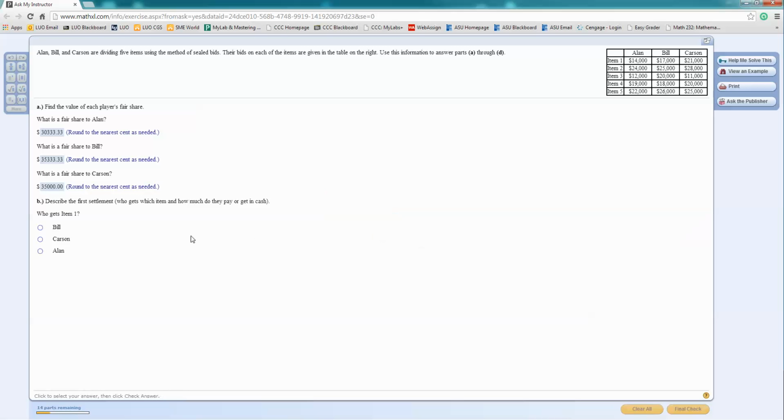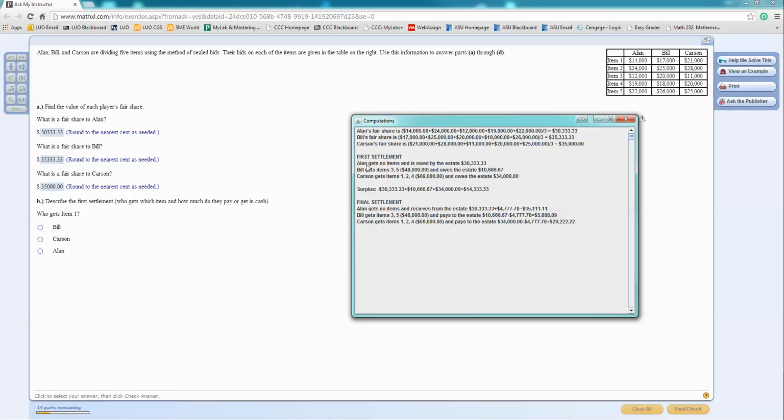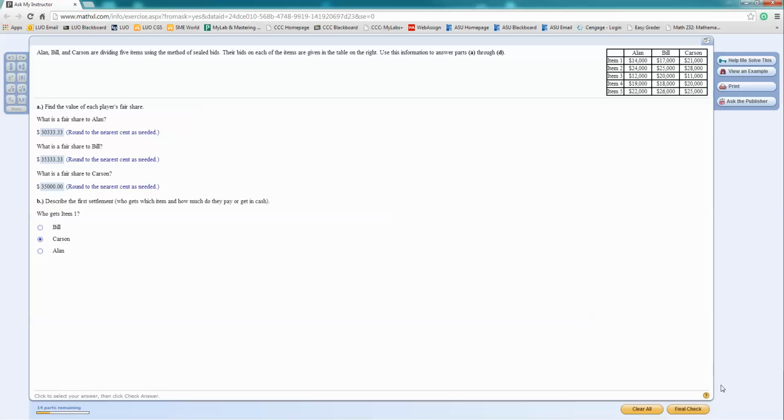and we move on to the next part, which is describe the first settlement. Who gets which item and how much do they pay or get in cash? Who gets item number 1? And once again, we're going to return to this particular computation screen. First settlement, Alan gets no items and is owed by the estate $30,333.33. Bill gets items 3 and 5 and owes the estate $10,666.67. And Carson gets items 1, 2, 4 and owes the estate $34,000. So we'll go ahead and left click Carson's radio button for part B, because that describes the first settlement. And then we will go ahead and we will check, and that tells me that I did a good job